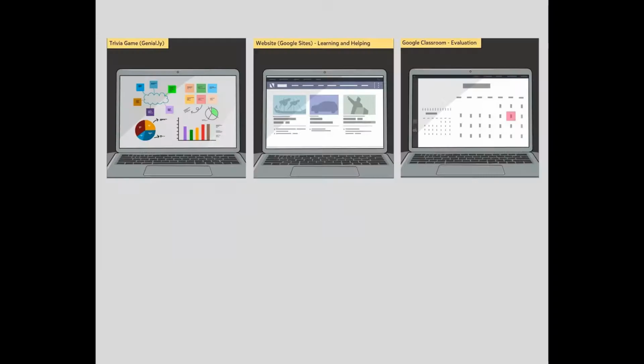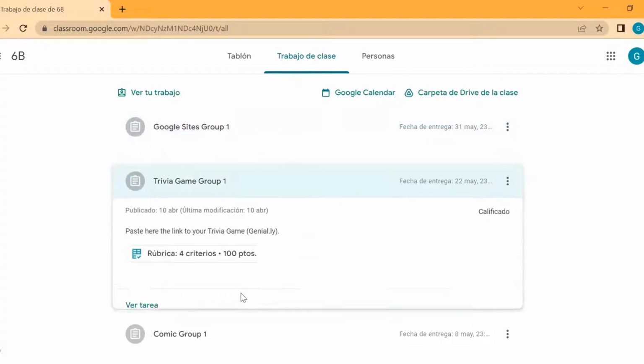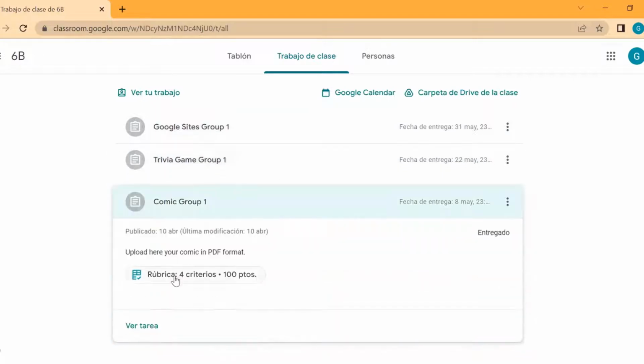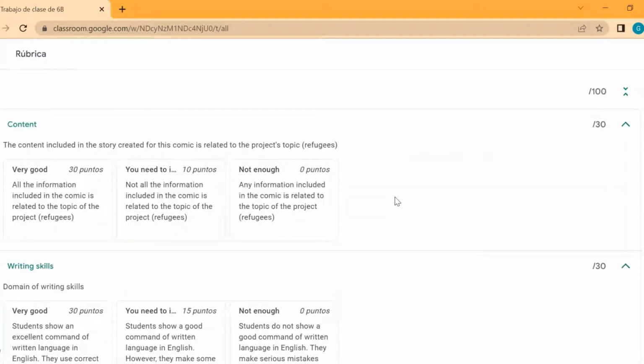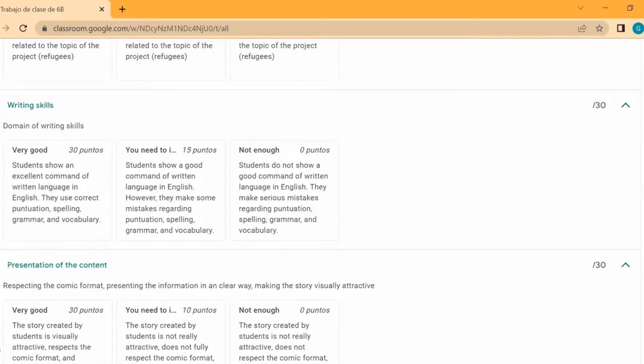To evaluate the tasks, I have created 3 rubrics using Google Classroom, so the teacher should show students in advance the different assessment criteria included in the rubric. Moreover, observation of students' work will also be a part of their mark, so the teacher should take some notes